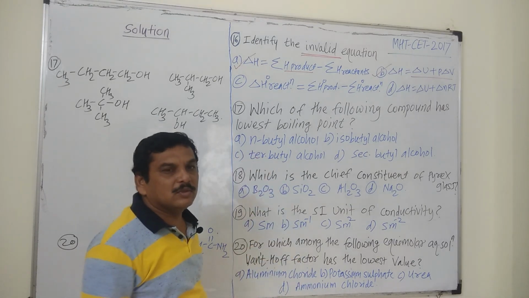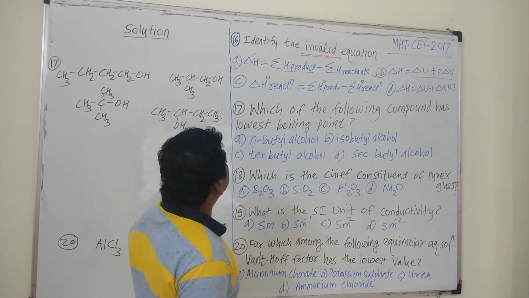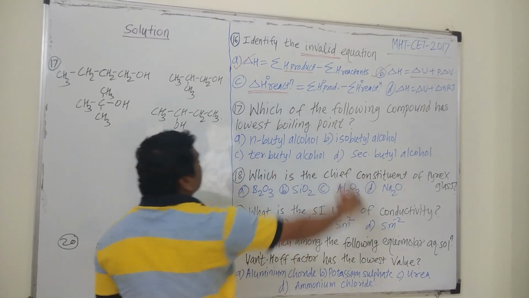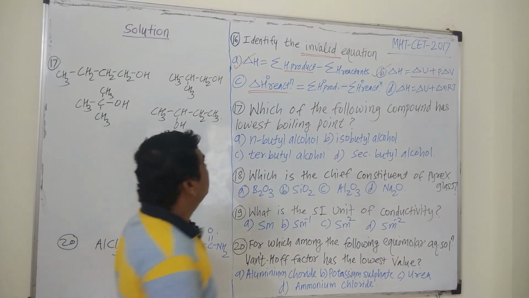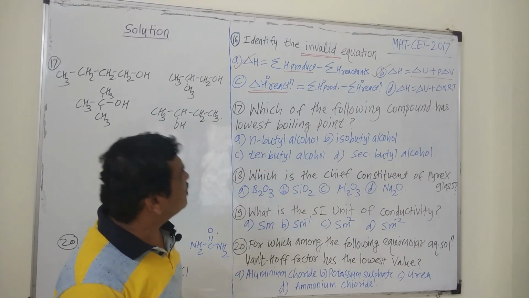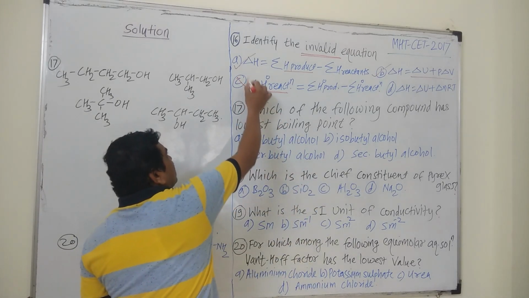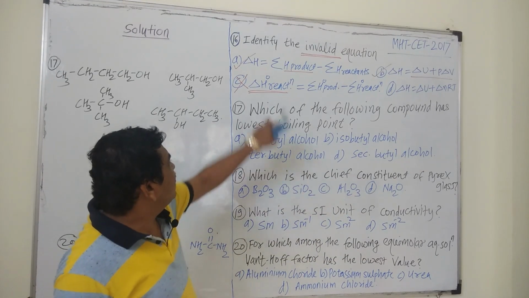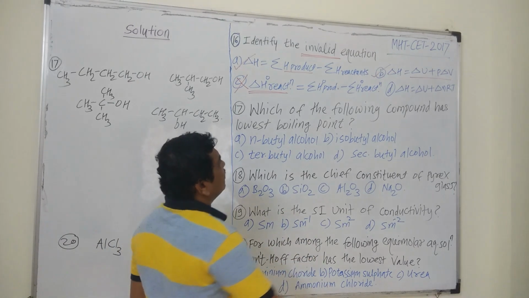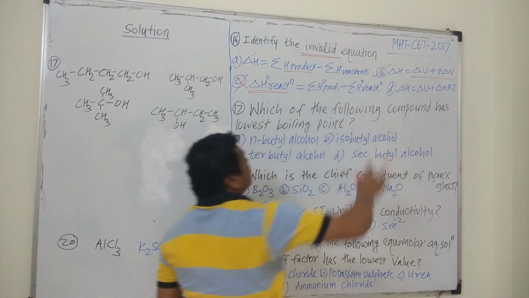This question is from the topic thermodynamics, and option C is delta H0 of the reaction, that is the standard enthalpy change of the reaction, equal to summation of enthalpies of the products minus enthalpies of the reactants, and this equation is wrong because in the calculation of standard enthalpy of the reaction, we have to subtract the sum of the enthalpies of reactants minus the sum of the